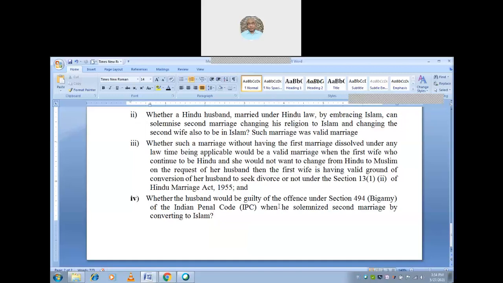So the fourth question comes over here. The Union of India tried to defend it. See, he has every right to change the religion and make others change the religion and get married because both are Muslims. Because Muslims at a given point of time can hold how many? Four, sir. Four at a given point of time.